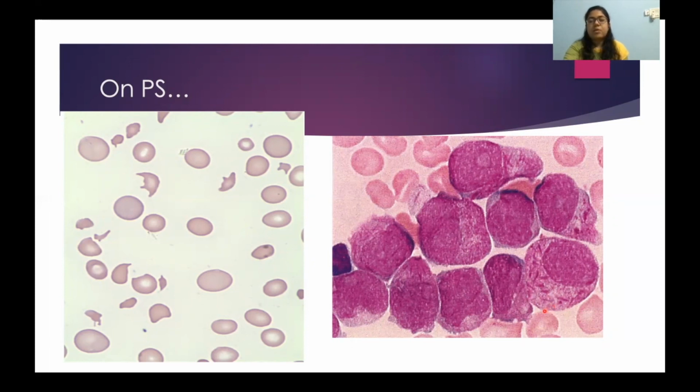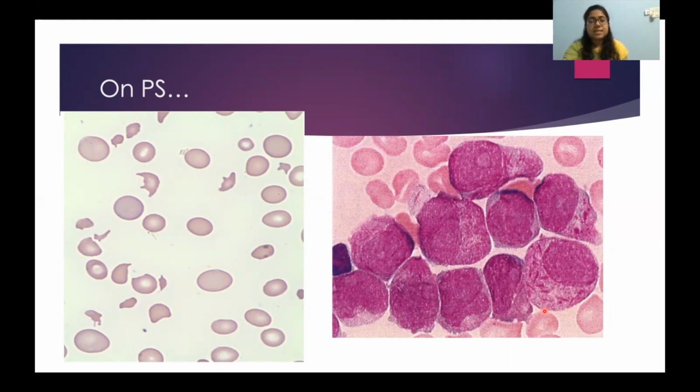Faggot cells are quite characteristic and pathognomonic of acute promyelocytic leukemia. Now, how to treat such patients? Usually ATO, arsenic trioxide, or ATRA is given for the treatment. Chemo is mostly not required, but you have to maintain hydration and see how to manage the DIC for the